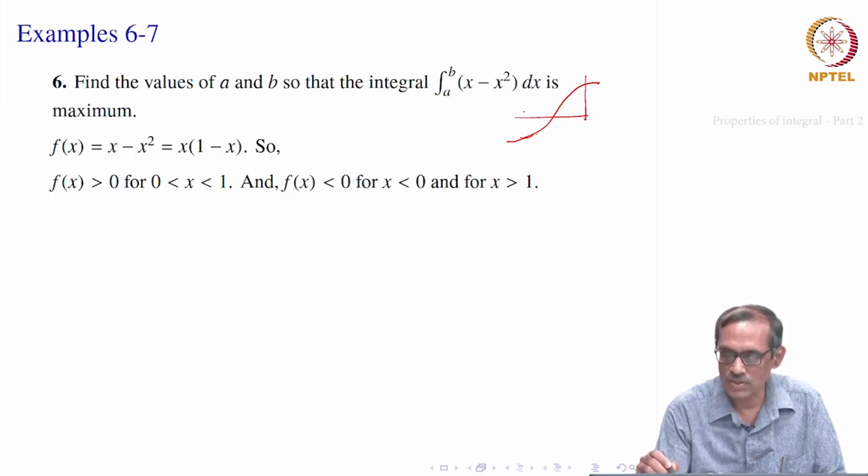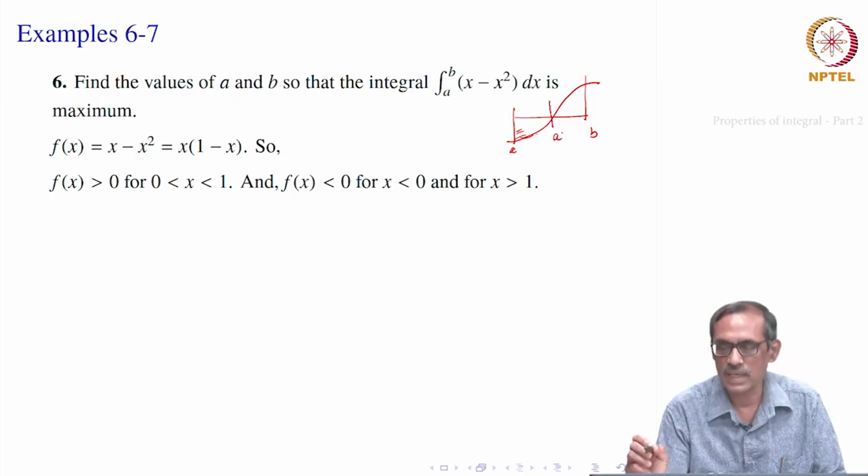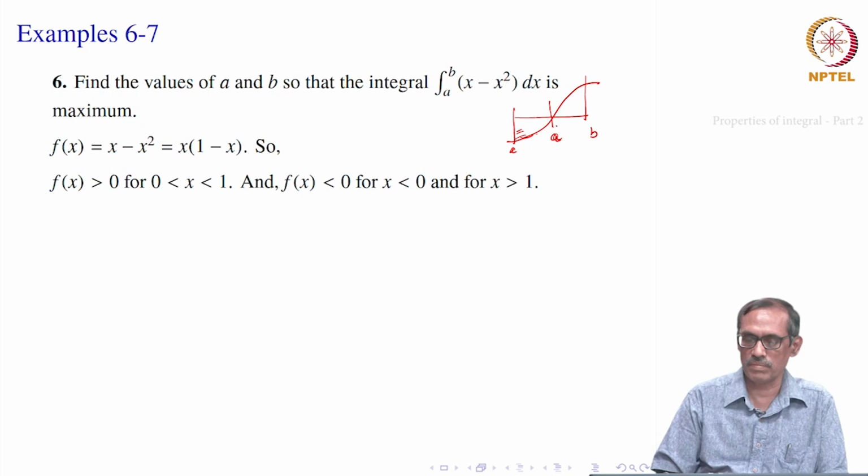If we want to maximize the area bounded by the function, the x axis and the two lines, x equal to a and x equal to b, then instead of taking these negative values, you will take a to be here, because it needs to be maximum. So, there are no negatives here. That is, if the function has both positive and negative values, we should choose our a to be here. And b we do not know till now, but this is the guiding principle.